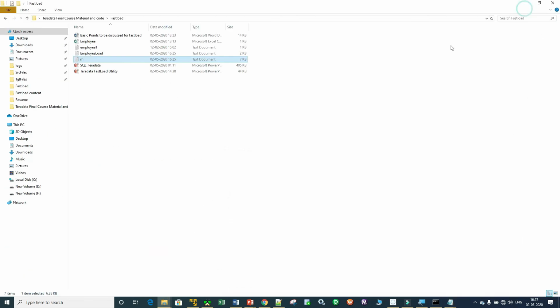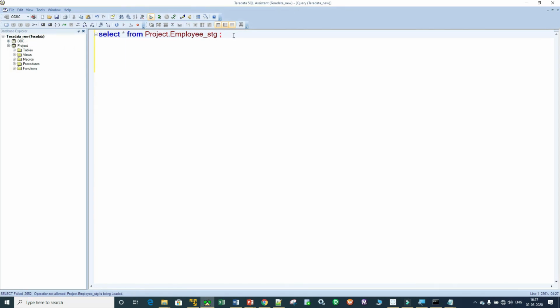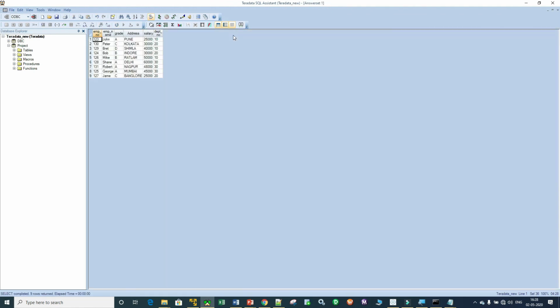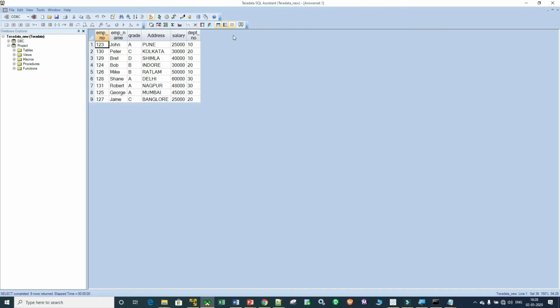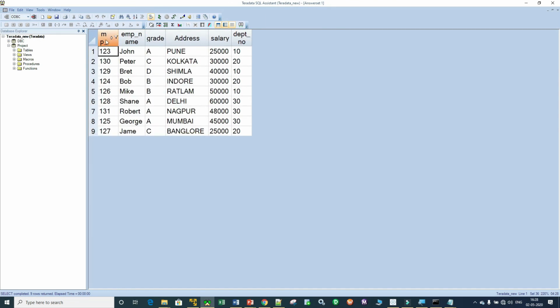If your return code is 0, that means your script has been executed successfully. Okay, so now we can check in our database whether the data is available in our target table. We just have to give a select statement to that particular table, select it and press F5. This is the screen for Teradata SQL Assistant where you can execute your query. This is the user interface for Teradata. See, all the records are available in my target table and the duplicate record has been skipped.